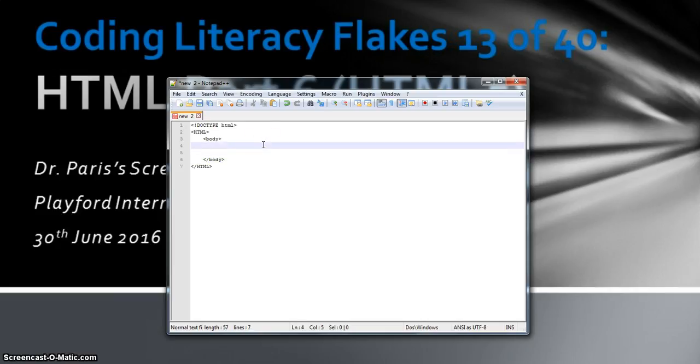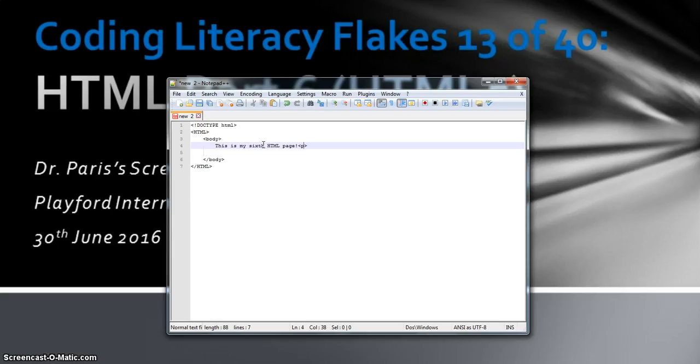Now, let's look. What I'm going to do is put the following text. This is my 6th HTML page, and I'm going to show you something else. Now, this is a paragraph break, but with HTML etiquette,